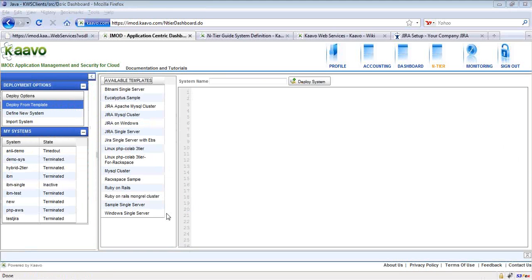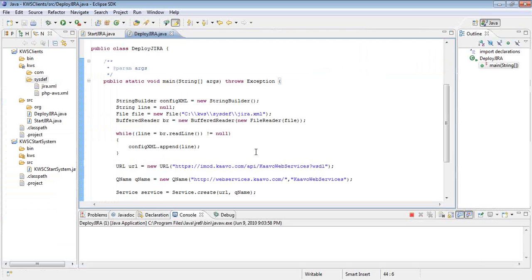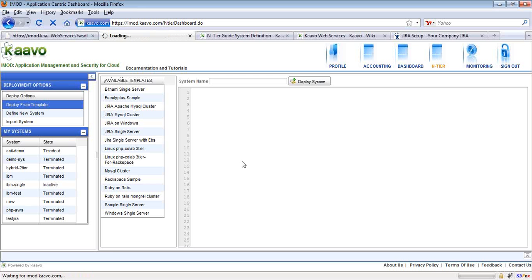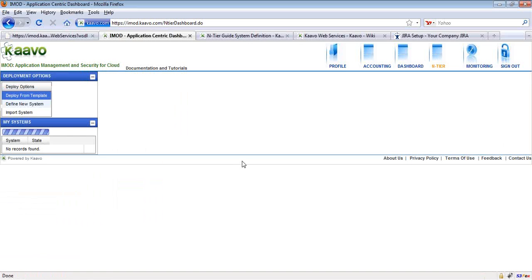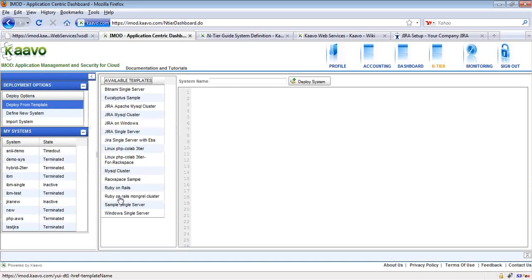I run my client once again. It is done. Now I will refresh. And Jira New is there. That means it has been successfully deployed.